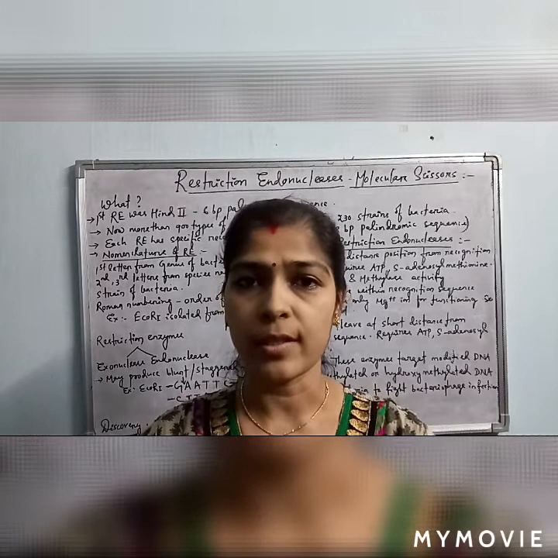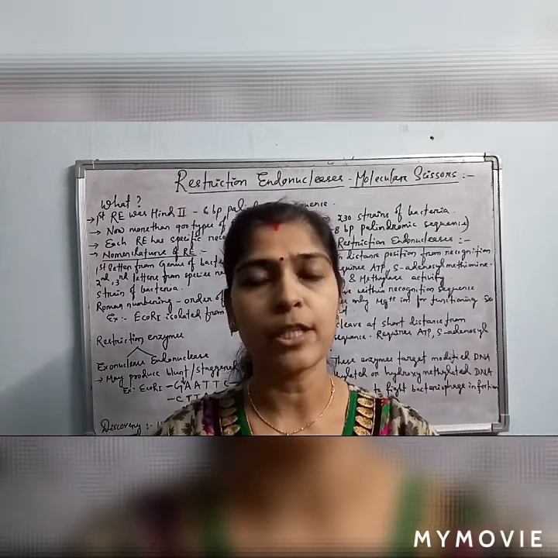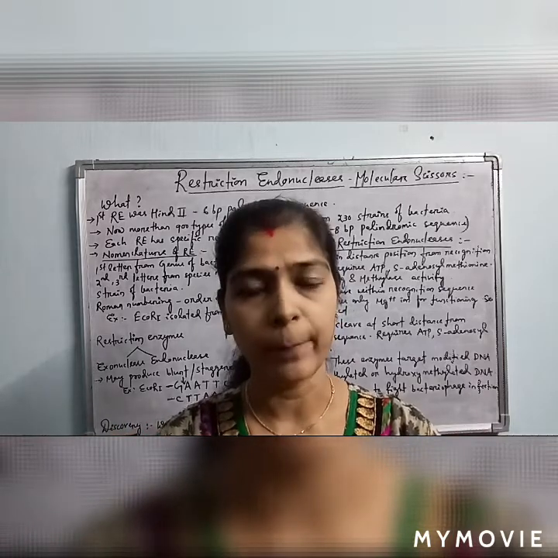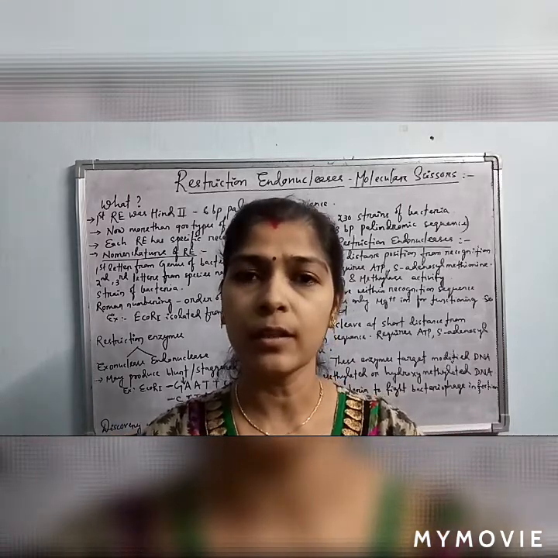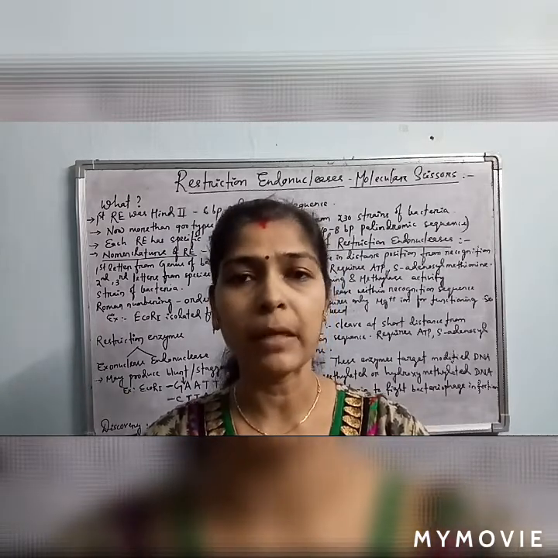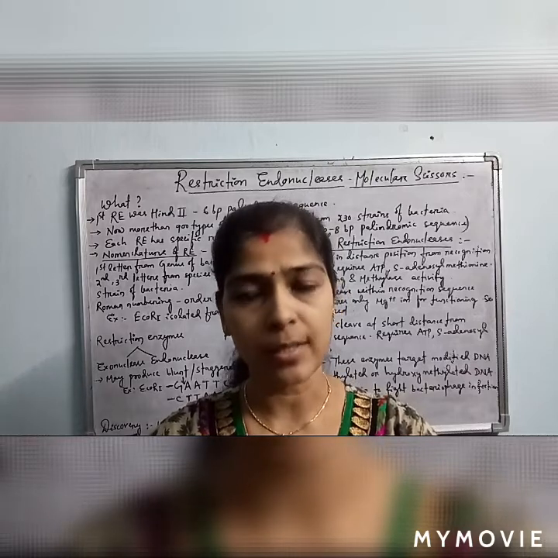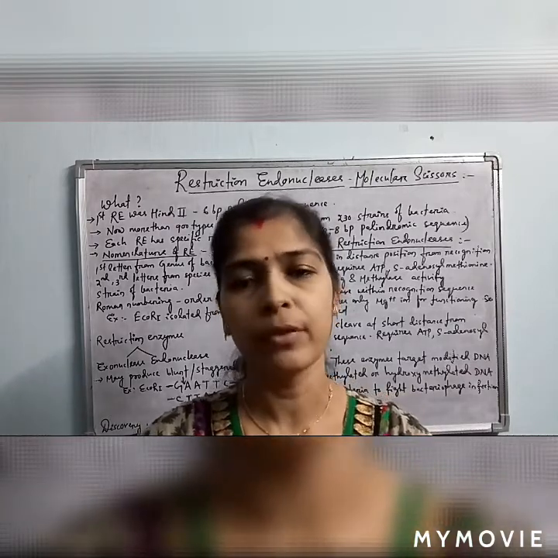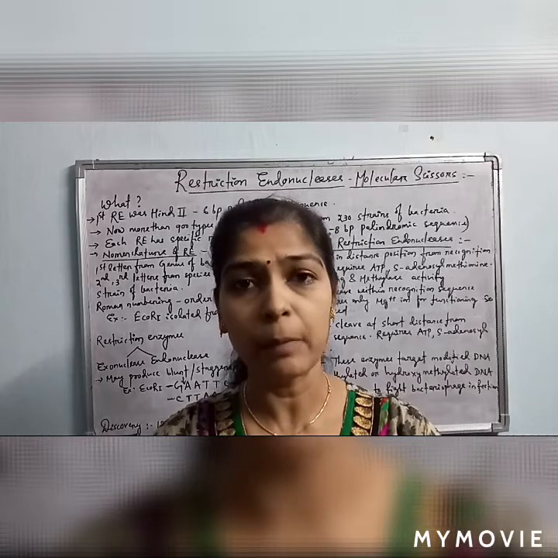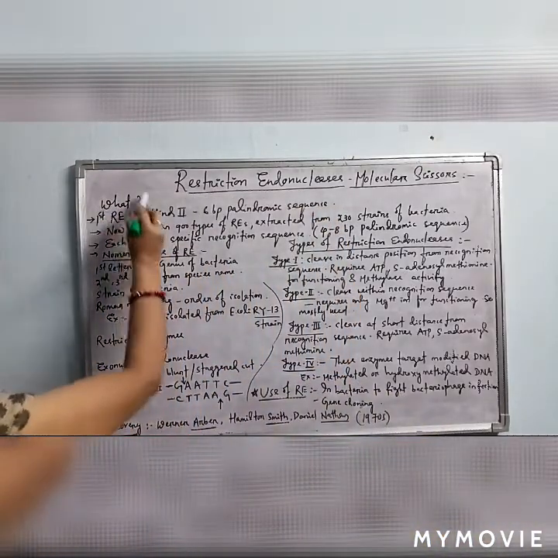The exonucleases cut the DNA from the periphery region, towards the end regions of the DNA. Whereas the endonucleases cut the DNA from the interior sites, and in both cases they maintain a particular recognition site, meaning they cut at a particular recognition site. And what are the types of restriction endonucleases available? We'll discuss that. Okay.